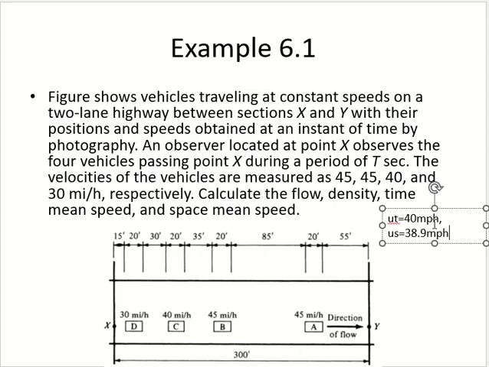So flow is basically the number of vehicles per unit time. Number of vehicles per unit time. So to calculate the flow, I have 4 vehicles here, or I can calculate flow using